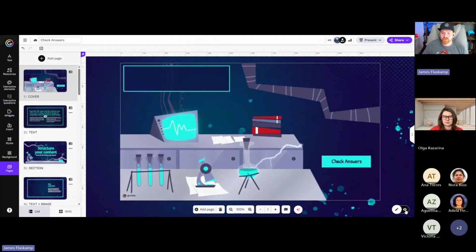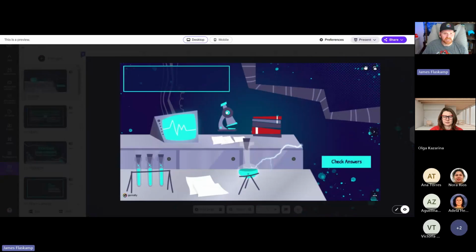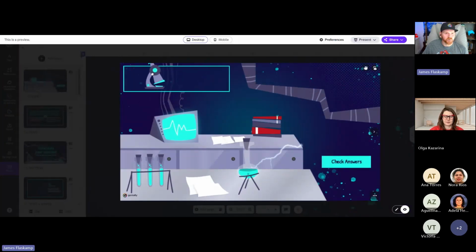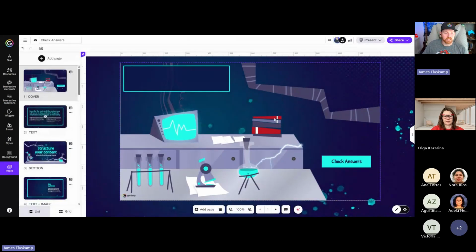So I can go into my preview to see what that looks like. And ta-da, I can drag it around. Now notice it does kind of drag behind that text box, so we need to fix that because we want it to be in front of the text box. So I'm going to take this and highlight it again, just like I did before. Then right over here next to the dragging indicator, we can do this put in order and bring it to the front. Then we can test it out again and make sure, there we go. Now it looks the way that we want it to look. Okay, so that's how you would set up the drag and drop capability.